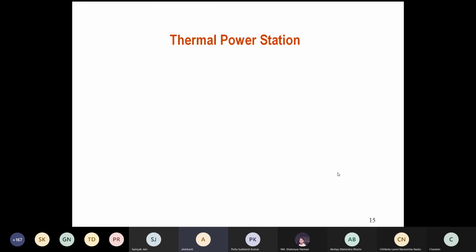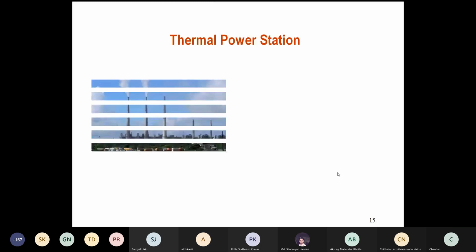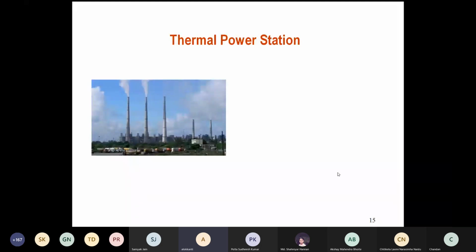But they are again of different types, different categories, and so by burning this coal, we can extract the energy. That is the basic principle of a thermal power station. So this is a thermal power station. When you see one, you can identify it clearly from outside because it will have this type of structures which are called chimneys, which give out a lot of these flue gases. So this is a thermal